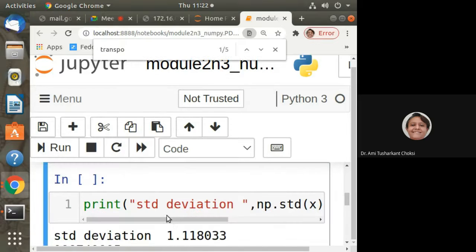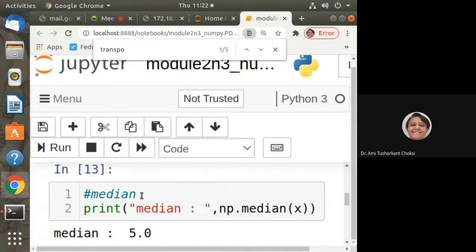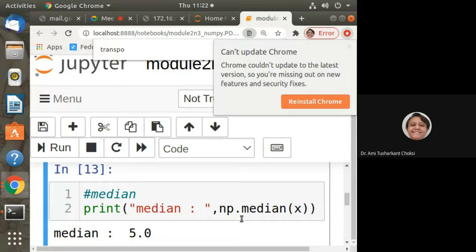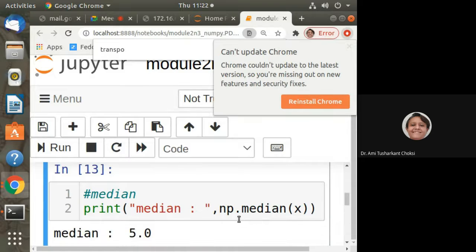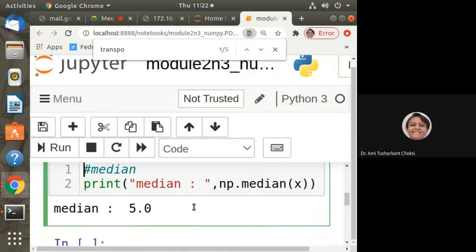Median. Is median known to you? Median is the middle value. If there is an odd number of data, then it is the middle value. And if it is an even number of data, then it is the average of the middle two values. That is known to you. Median.